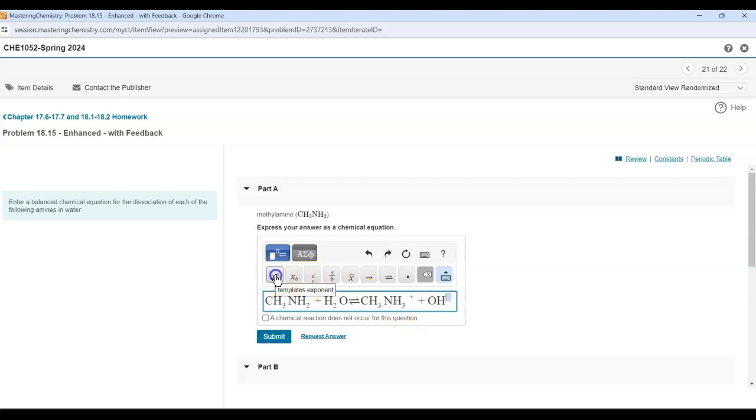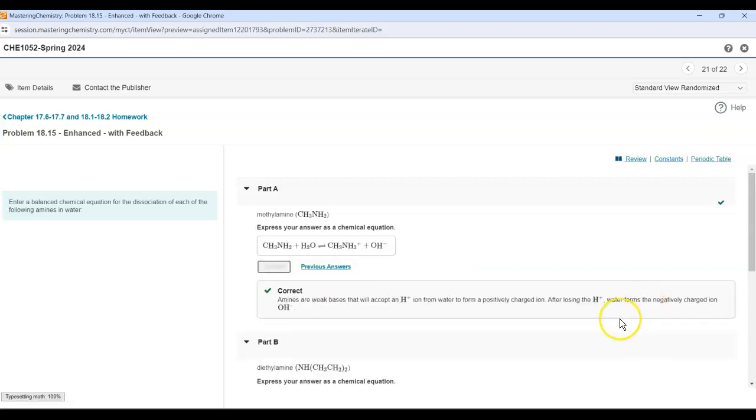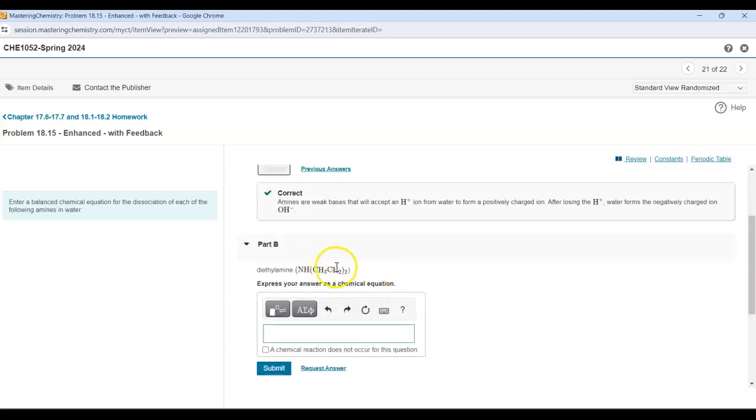OH superscript negative. Okay, so those are the products. So this is the correct answer and click submit. Then it will accept your answer. Just like that, just type them in